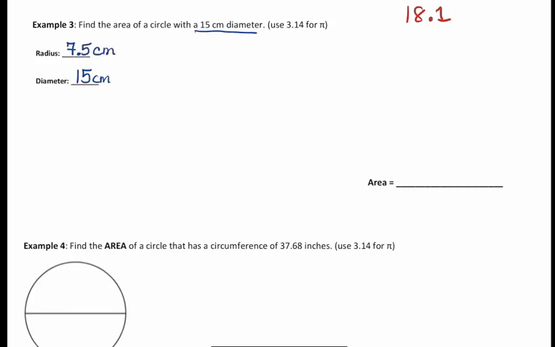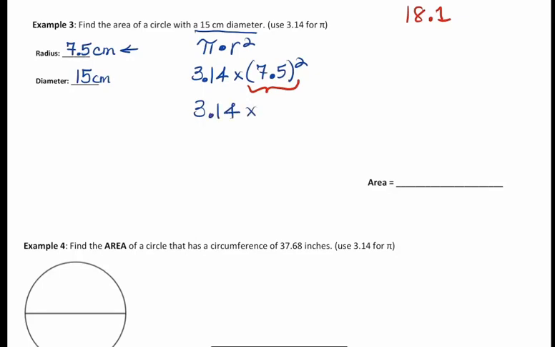All right, so now we have, this number right here is pretty important to this problem. So now we're going to do this. I'm going to write out the formula again. Pi times radius squared. Pi is 3.14, and radius is 7.5 squared. Now make sure you do the exponent first. So you can get 3.14 times 7.5 times 7.5,